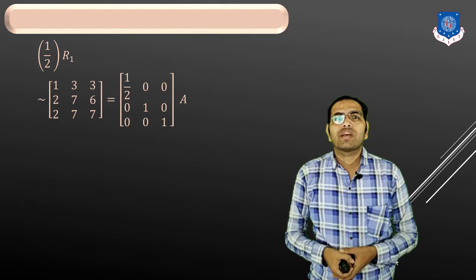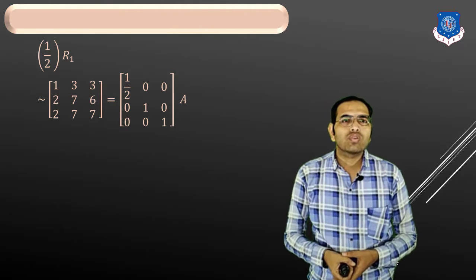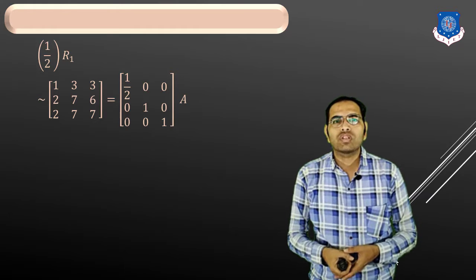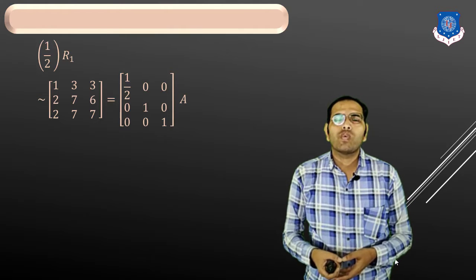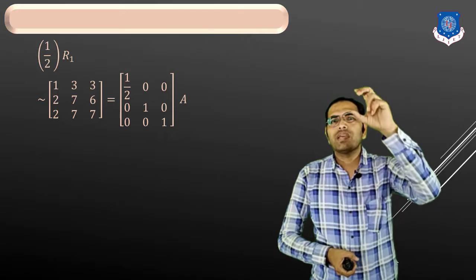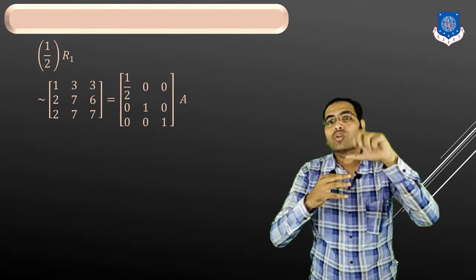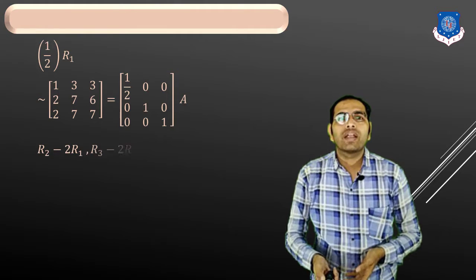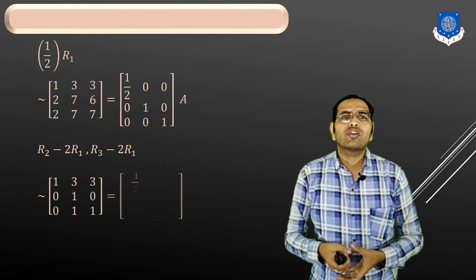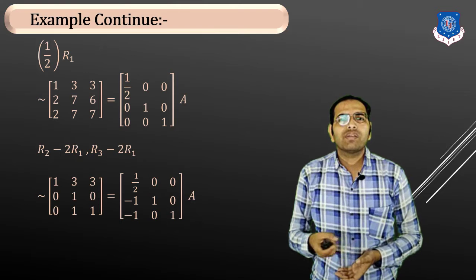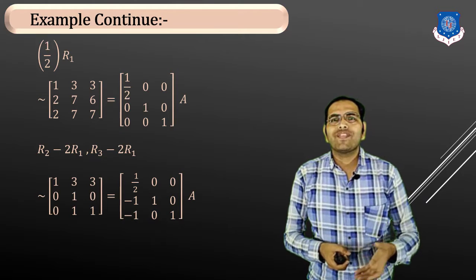Then our matrices become [1 3 3; 2 7 6; 2 7 7] equal to [1/2 0 0; 0 1 0; 0 0 1] into A. Now our leading element is 1, and we make the entries below the leading one 0. For that, applying the row operations R2 minus 2R1 and R3 minus 2R1, and that will give you